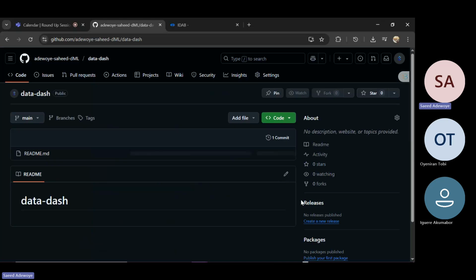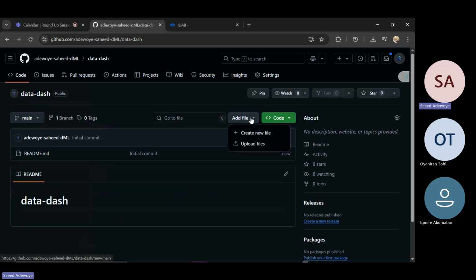And your repository will be created. As you can see, here is the repository we just created, the folder. The file that we are aiming to add is our dashboard, right? Just click on add file. This is the simplest method of interacting with GitHub that I'm showing. The other way is to work with it on the terminal, where you do your git push, git add, git commit, and the likes. But we are not going there today. We are just using the basic one that will be useful for our project now.